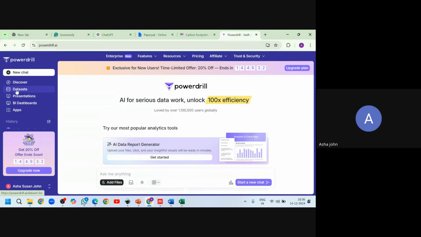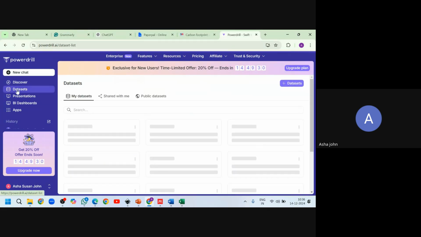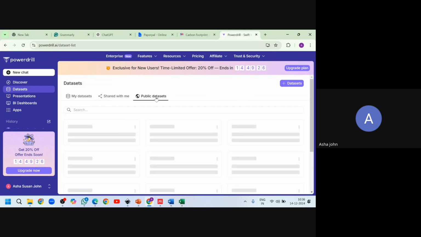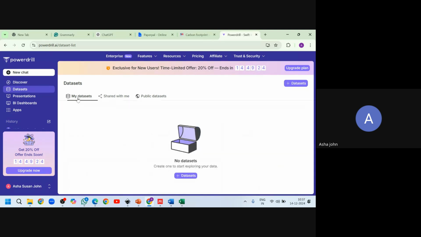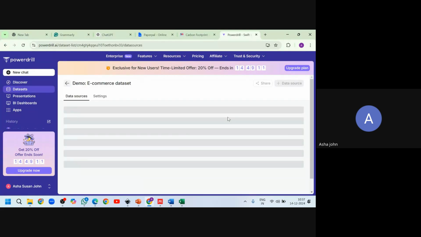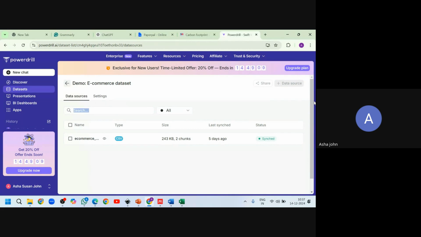Here on the left side, you can see data sets. You can use public data sets, or you can use your own data sets if you have. There are public data sets like supply chain demo, and many others. I can choose any of these data sets that are available. It is in CSV format.